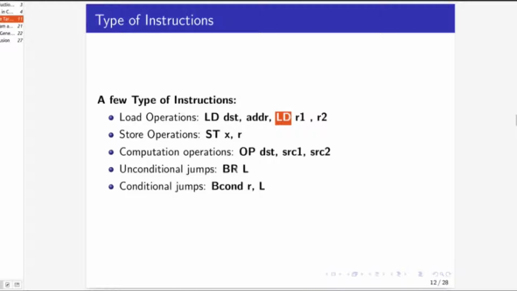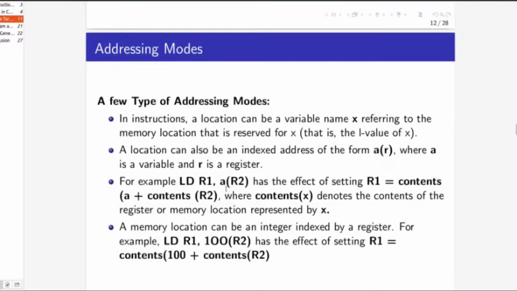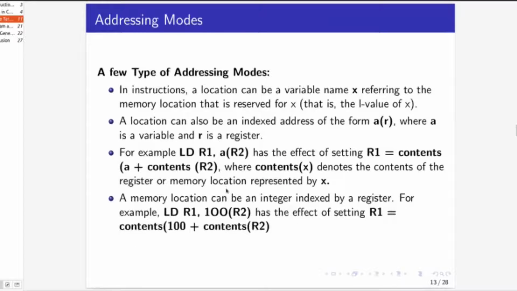Unconditional jump is like branch to a label specified by L. Conditional jump means we will mention the opcode itself, that is, what the condition is. For example, branch less than or equal to r, L. This is the register where we store the data, and if the condition is satisfied, jump to the location L. Branching, a few types of instructions. We haven't considered all types of instructions, only a few types of load instruction, store instruction, all arithmetic instructions, branching and conditional branching.